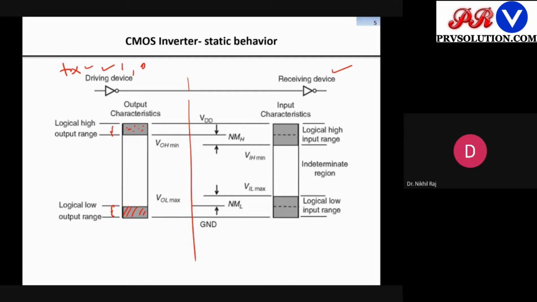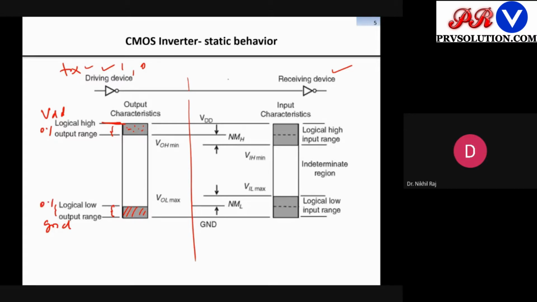So we say there is some normal range. Logic high means it will be VDD, and outputs, due to some fluctuation, let's say 0.1 volt is the tolerance level. So 0.1 volt we can tolerate, and we will say it is a logic 1. Similarly, at logic low, this is ground, and with some fluctuation, let's say 0.1, a 0.1 change is acceptable here.